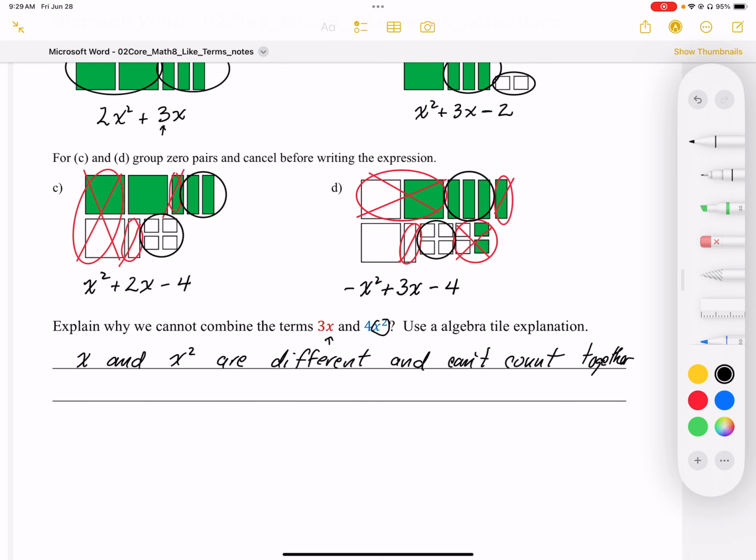So we have to count them separately because they're not like terms, they're not the same shape. Oops, I forgot to write in here, different shapes. That's very important, that we can see that they're different shapes. We don't count them